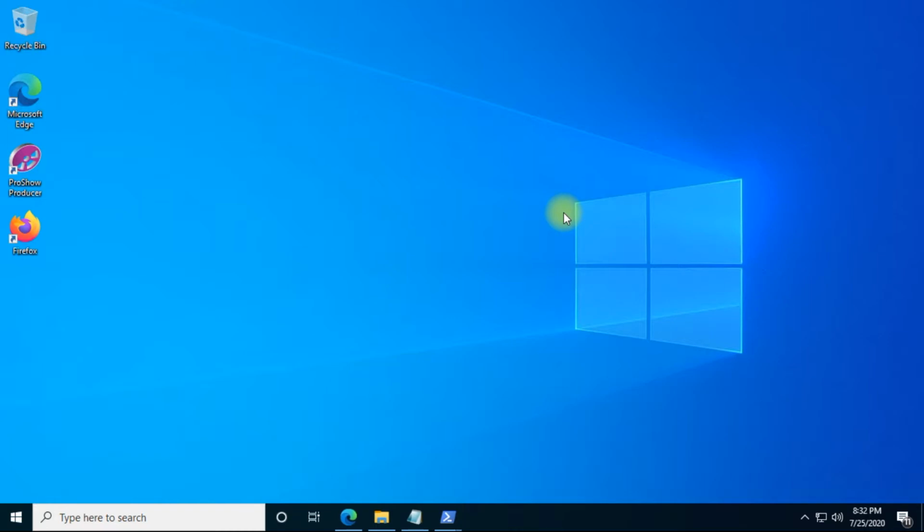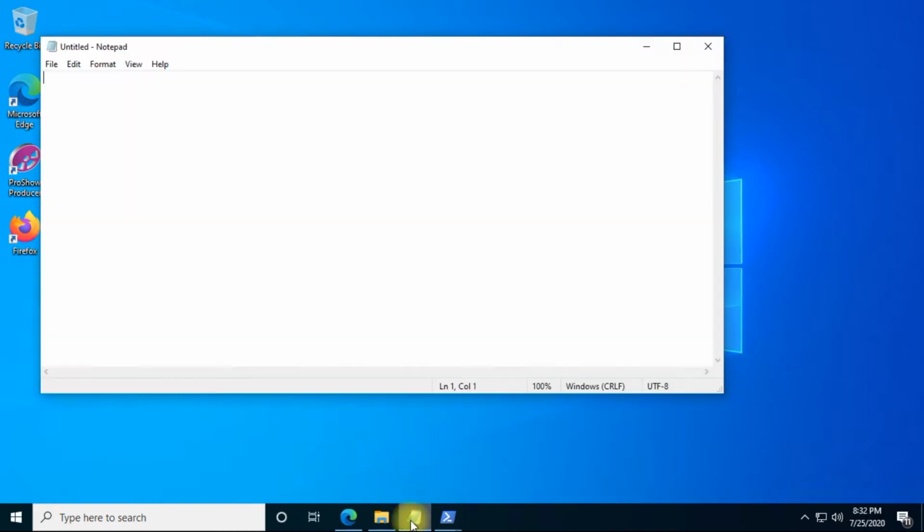The next tool is Watson. The next tool is SharpUp. So let's start with the first tool, that is WinPeace.